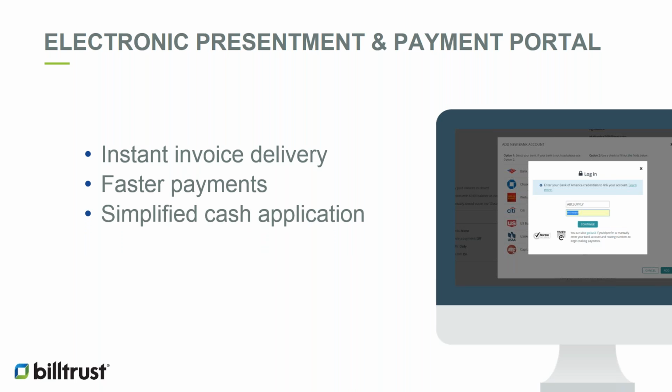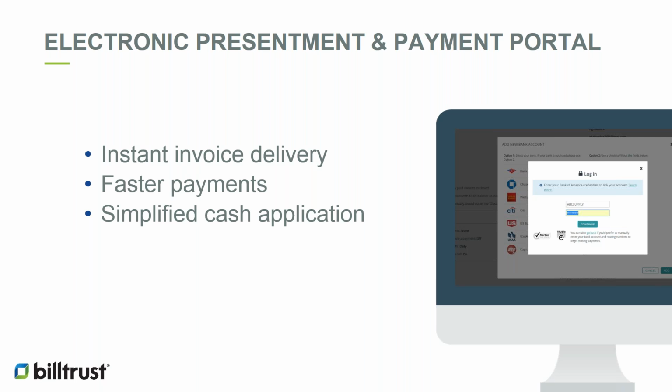Another benefit is really simplified cash application. And this one I think is often overlooked, because if you have this EIPP solution, it's plugged into your ERP system. Imagine a customer logs into a portal, they choose which invoices they're paying you for, and they initiate an electronic payment. Well, now you know exactly what invoices they're paying, right? As opposed to receiving a paper check for $10,000 with no remittance,